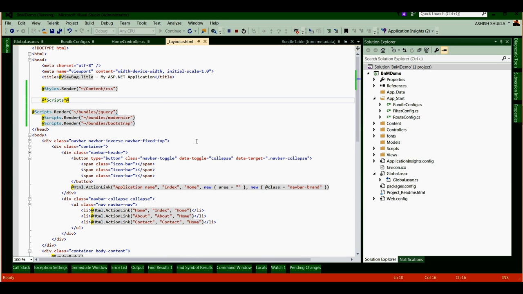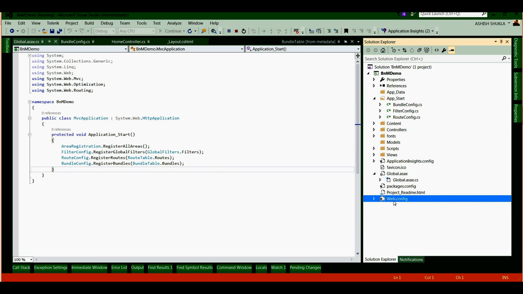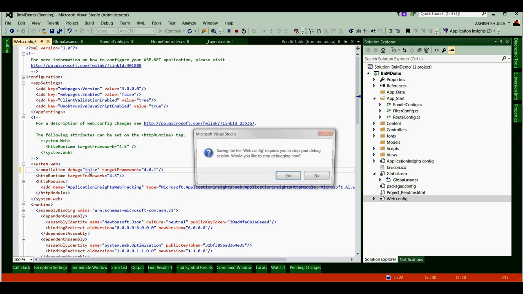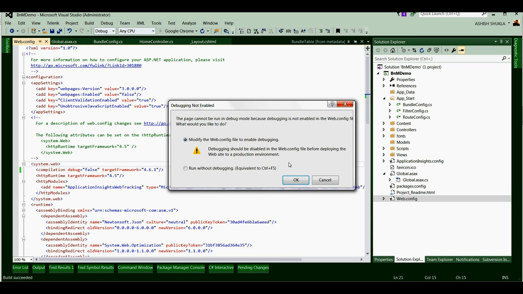It renders the complete files, so we can debug the files in debug mode. If we want to change this behavior, then we have to set the debug mode to false. So let me set the debug mode of the application to false, save changes and refresh our web page. So run this application without debugging.